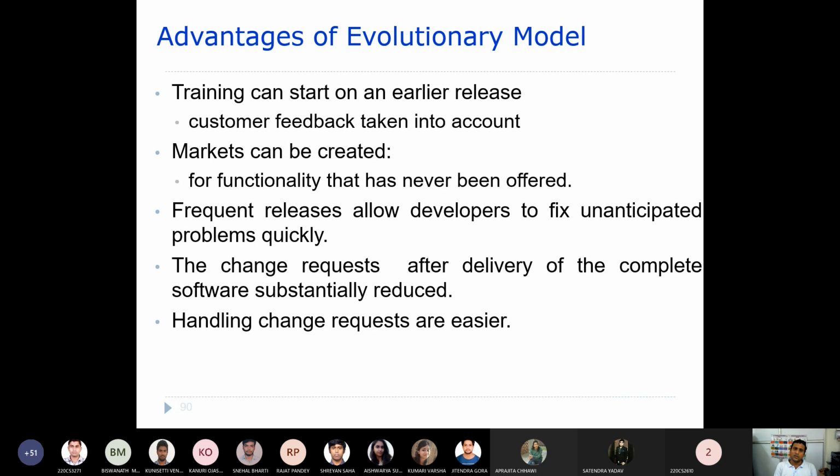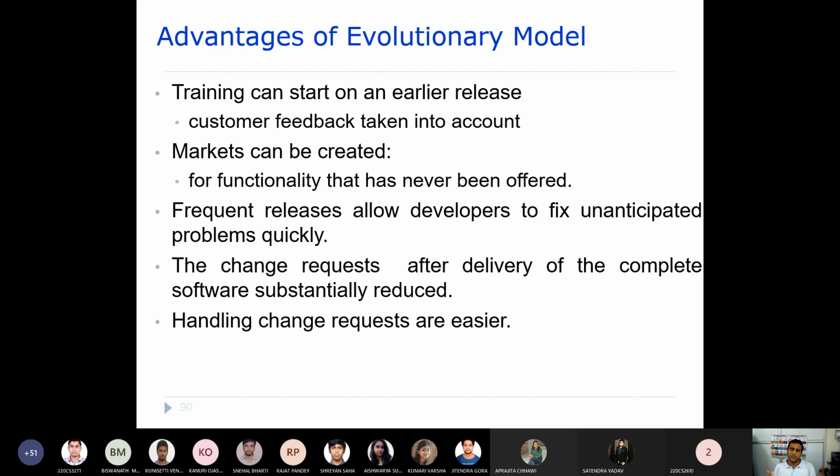now the customer gives feedback, and after taking that feedback, certain requirements will be collected, and then those requirements will be estimated, and then maybe planned, and thereafter again that will be developed, and then again certain modification is done to the current release. Okay, and again it will be released to the customer.